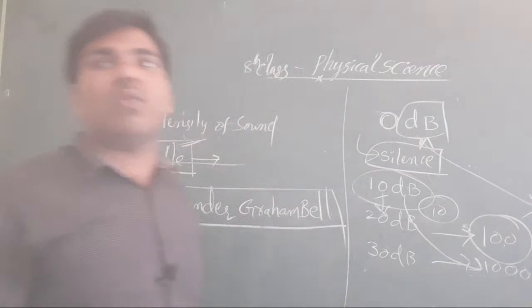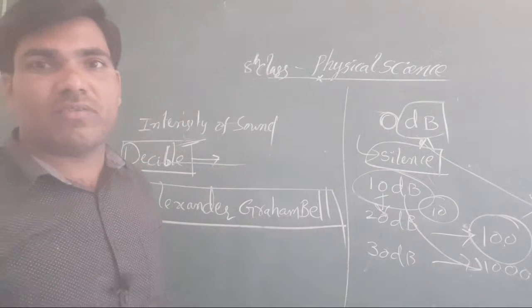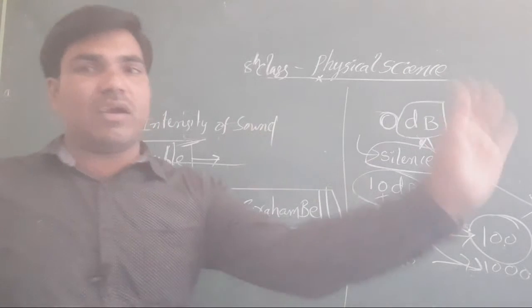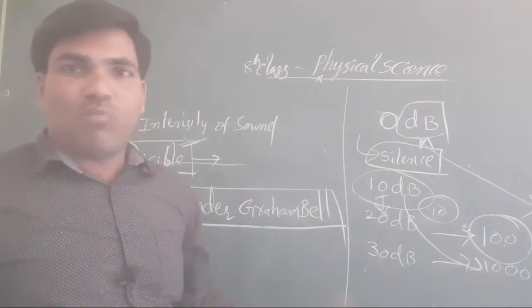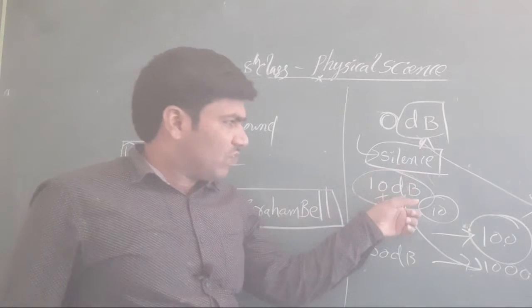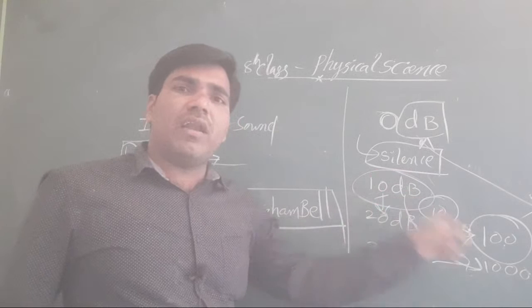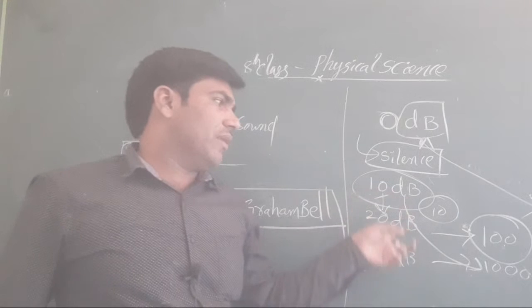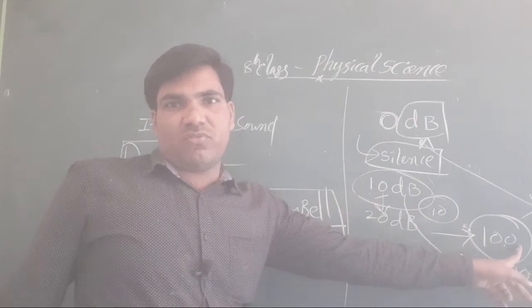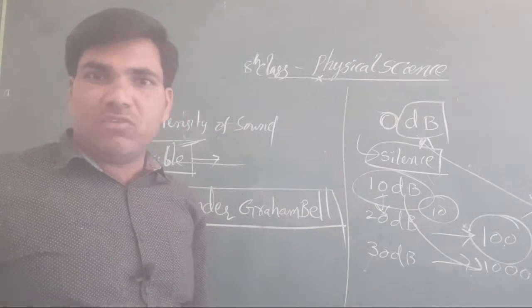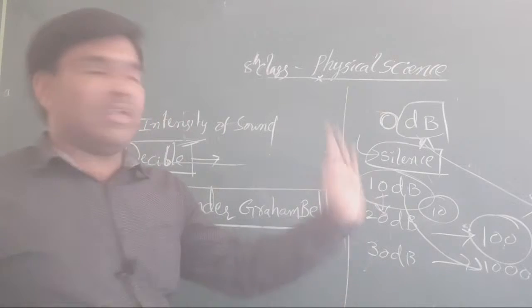More than the silence, this much of times, that is only called what? 100 decibels. Some of our students may ask, 1000 decibels is nothing but you have to take more than the silence, that much of times. That is the simple thing. Suppose 10 decibels are there. Then 100 times becomes what actually? 20 decibels. Clear or not, all of you? Based on these zeros, 140 decibels is nothing but you have to take 14 zeros after 1, that much of times the 10 decibels.